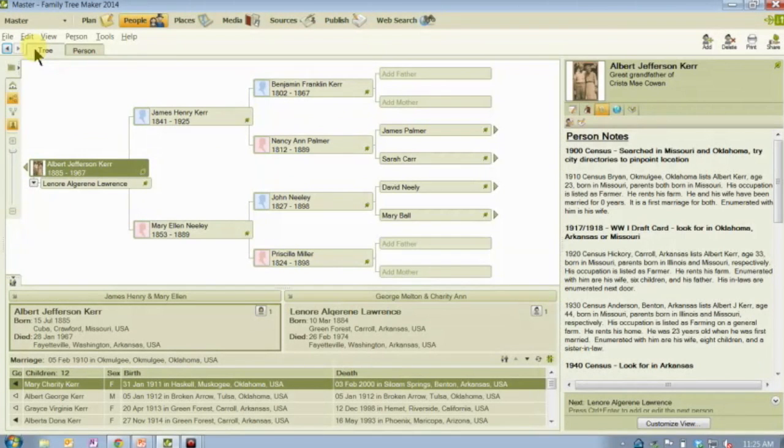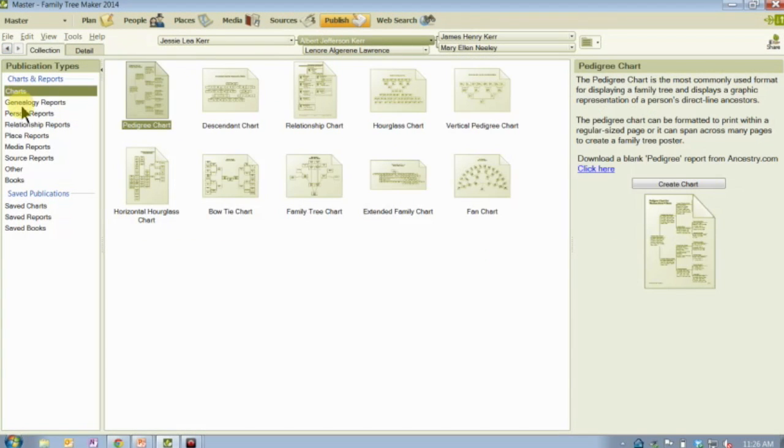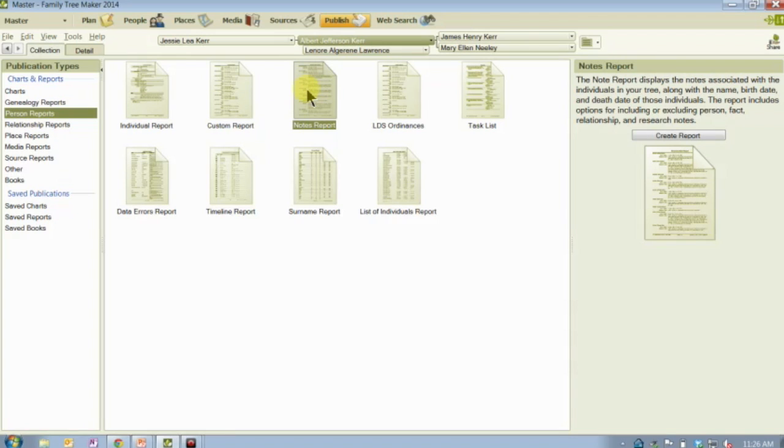Okay, the last thing I want to talk about with notes is where you can actually look at all the notes that you have in your tree. If you come over here to the publish icon, this is where you can print any number of charts, and you have all kinds of different charts and genealogy reports and person reports, relationship reports, place reports. Seriously, any report you can possibly think of. There are even custom reports that you can design or create on your own. One of the person reports is a notes report. That allows you to run a report of all of the notes that you've included in your tree, and you can decide